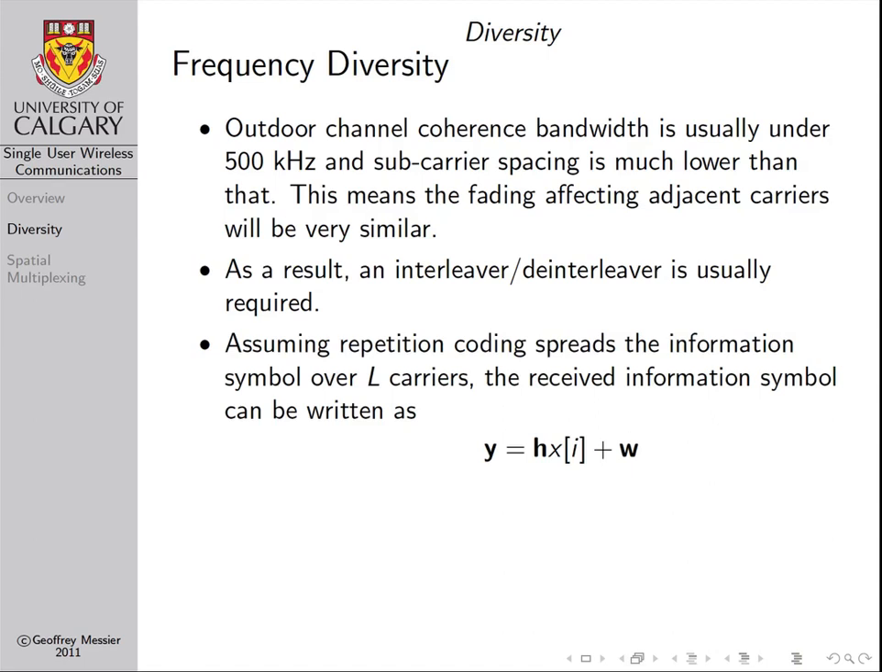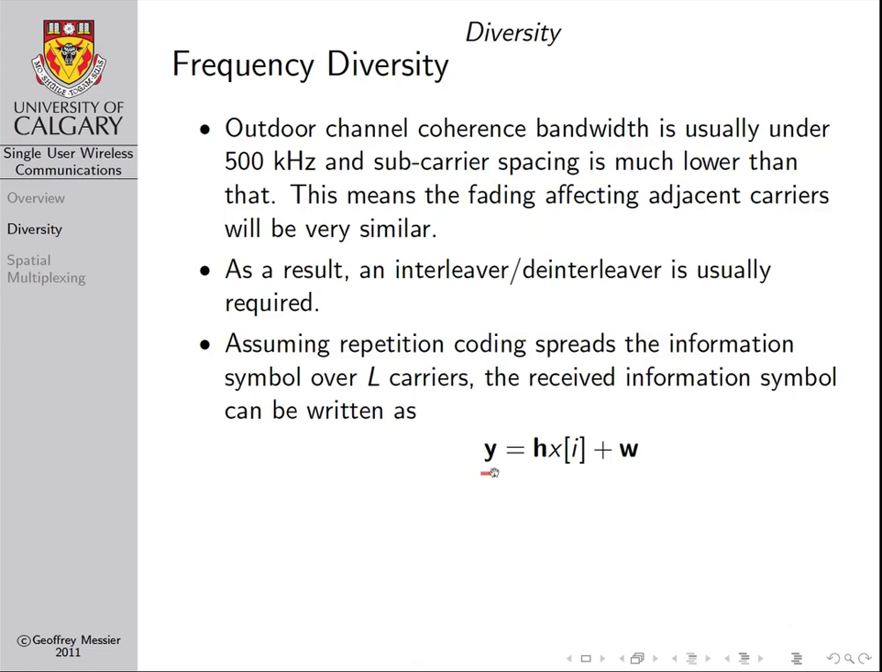Assuming that we use a repetition code that spreads the symbol over L carriers, exactly like we used a repetition code to spread the symbol over L symbols in the time domain, the received symbol equation for frequency diversity is identical to what we had in the time domain. So we have